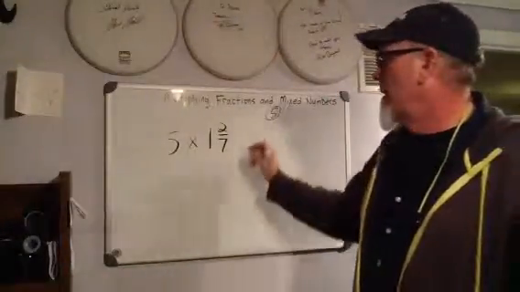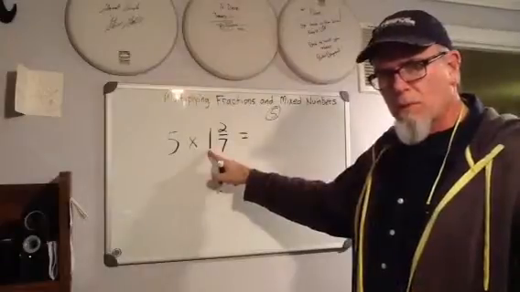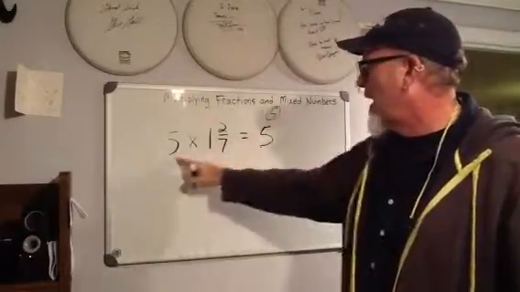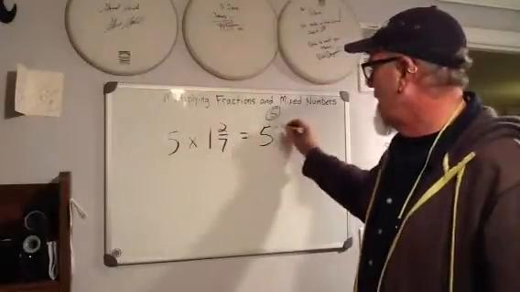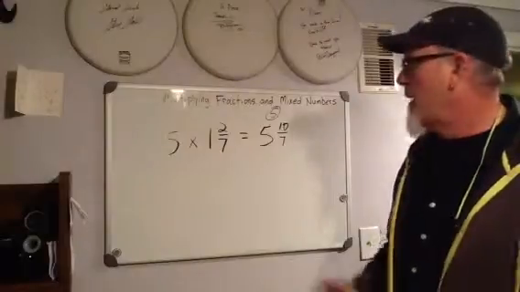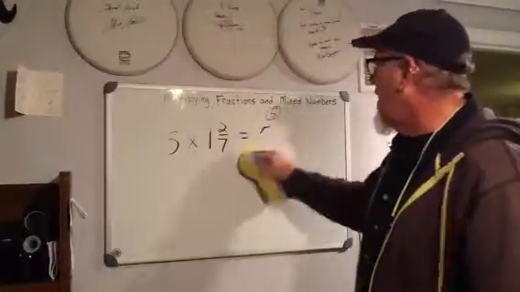You could say equals 5 times 1, we're just going to multiply our whole numbers, equals 5, and 5 times 2/7 is 10/7. Okay? That's a really easy shortcut way to do it,